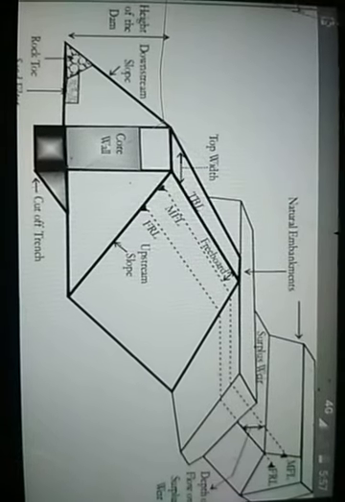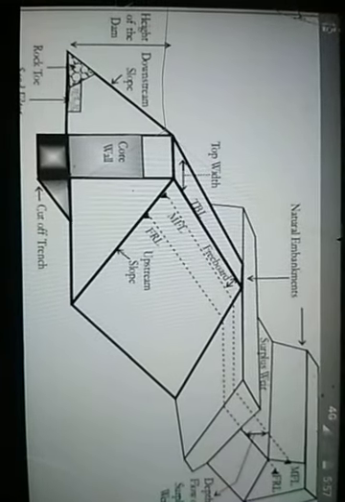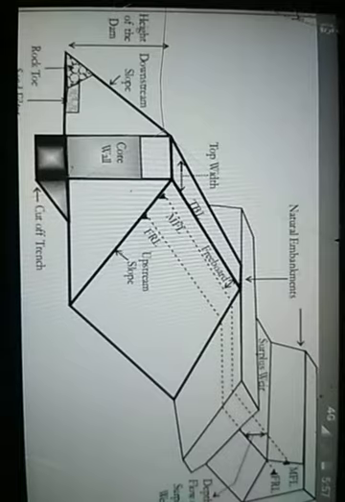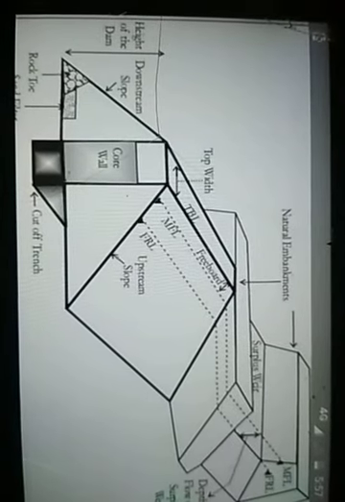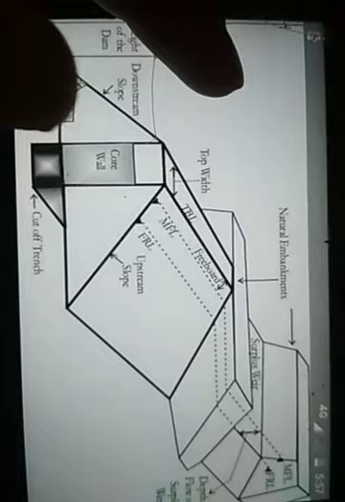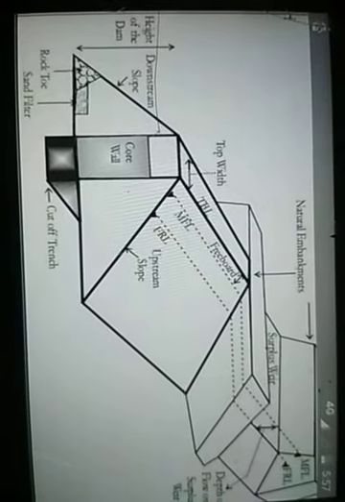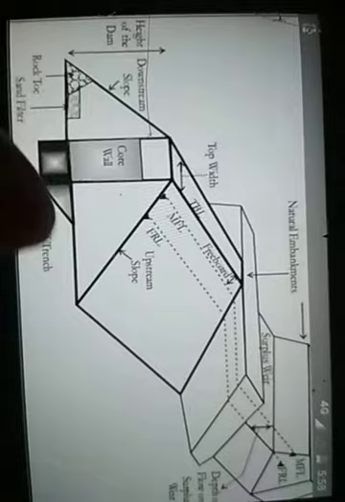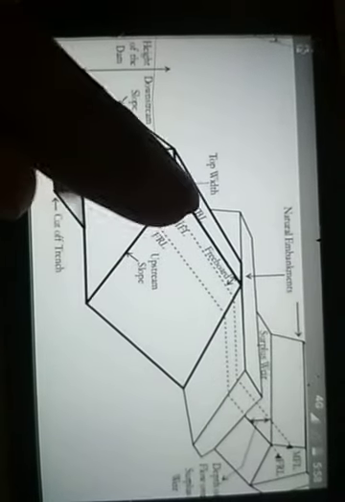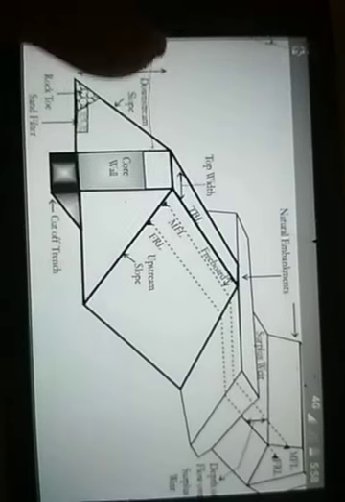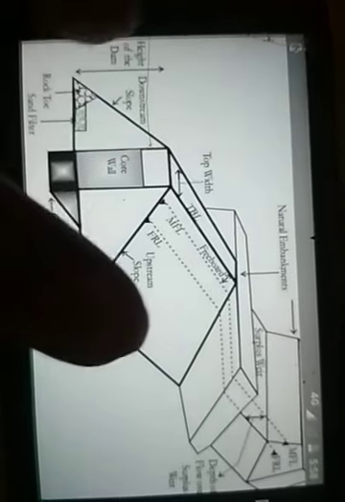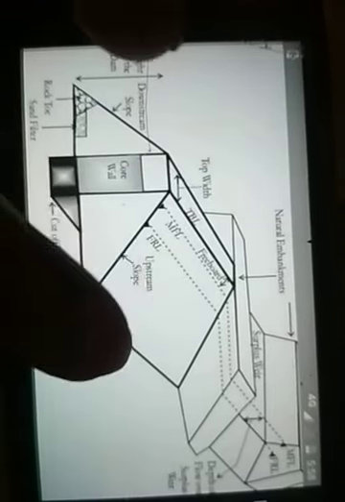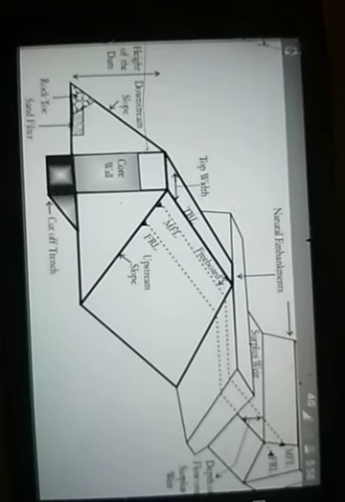So first of all, we have to see the picture to understand this properly. Okay, so the cutoff wall is given here. It is a cross section of a dam, or we can say a 3D diagram of a dam structure, in which this side is the upstream side and this is the downstream side, meaning the reservoir is available on this side.